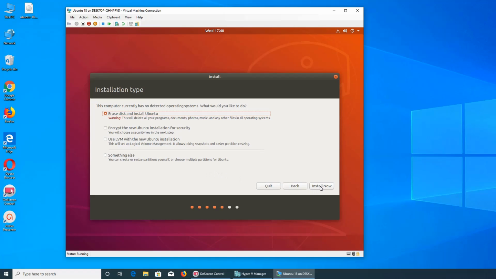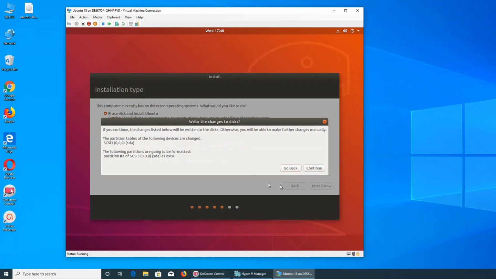So we are not concerned with the disk partitioning either, because it's running on a virtual machine and we already allocated it about 127 GB of space. So it's basically a file on your real hard drive that acts like a hard drive on a virtual machine. So we're not going to concern ourselves with any of that. We're going to just install now, and it says